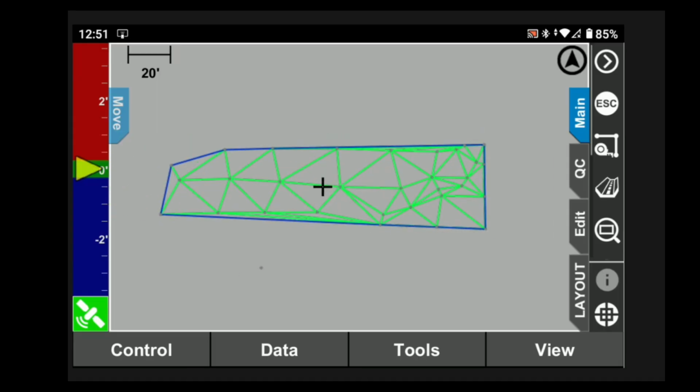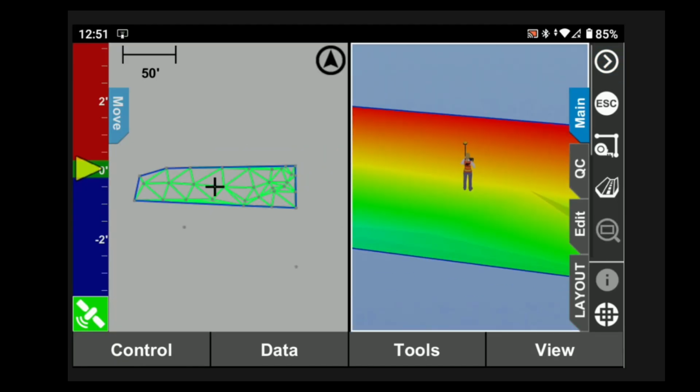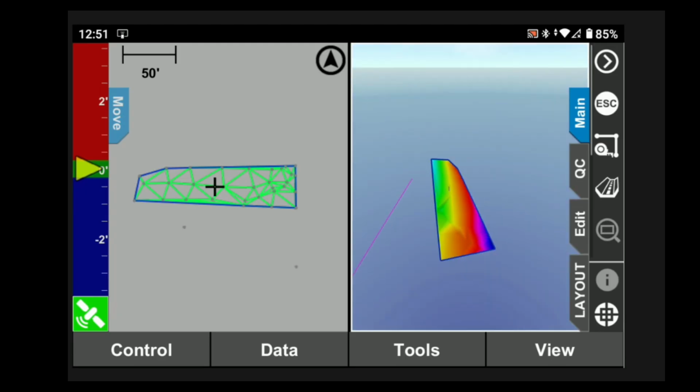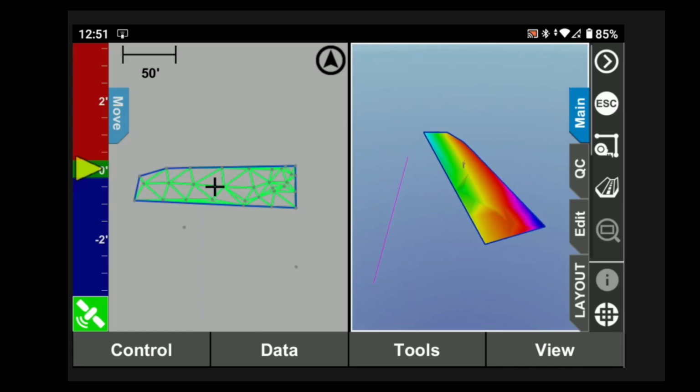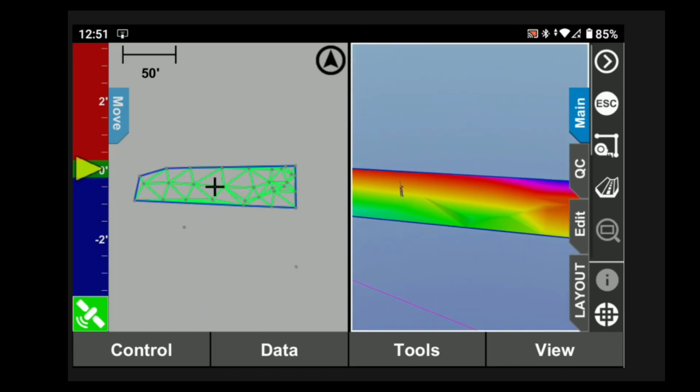If you want to look at it in 3D, see here in the very top right, I'm going to go ahead and hit this arrow, and that'll let me arrow over to different views, and I can actually go ahead and look at this surface here and see where my highs and lows are, where my water will flow, all that kind of thing. So now we